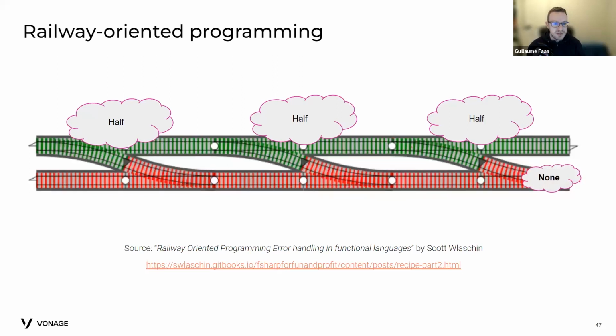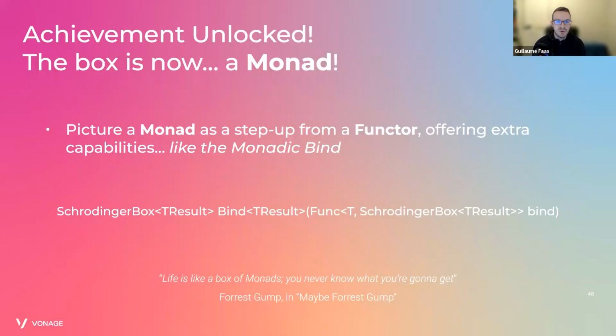And with bind, another celebration time, the box is now a monad. Because, as I said, it's a functor with something else, and the something else is the monadic bind, allowing you to change the state of what's inside the box. That's pretty cool. And honestly, I think we could stop there, but something is bothering me a little bit,